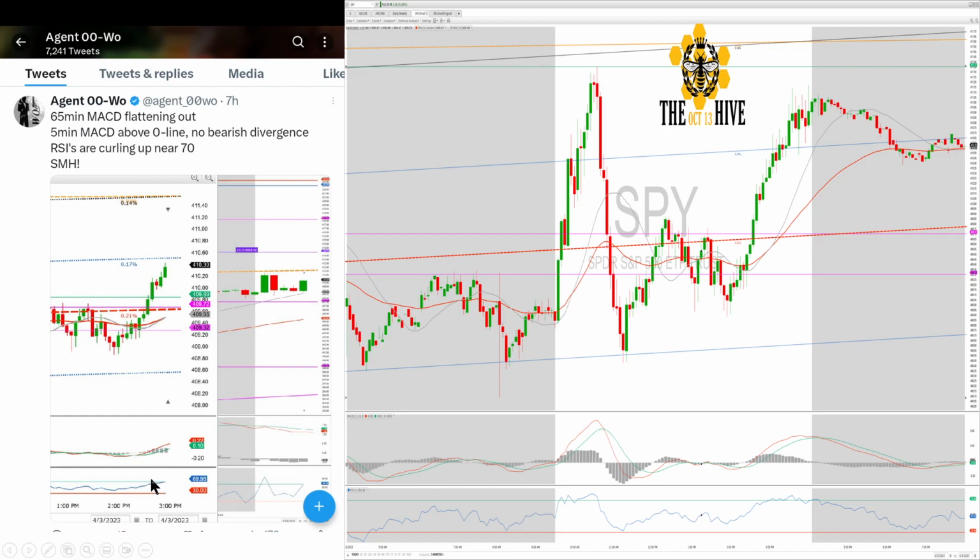Here it is on the 5, and there it is on the 65. What can I say? See, you got to read the signs, guys. It's like, no, we're not going down. You have consolidation, you have higher lows, you are consolidating under a major channel line. It had all the hallmarks of being bullish, and heck, you even had me getting calls down here. I was like, oh, I'm gonna get some calls.